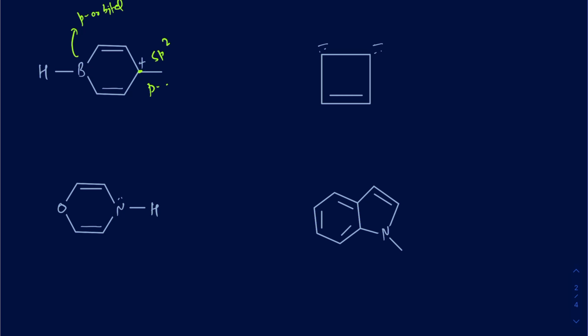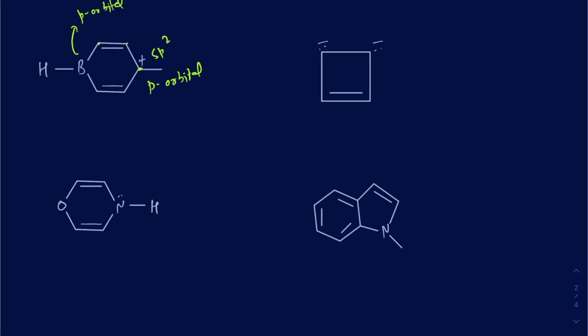That means it's got an unhybridized p orbital here again, and that makes this whole system conjugated because I can move these double bonds toward this positive charge, or toward the boron, because boron is an electron deficient atom in this particular case because it has an incomplete octet. So by having an unhybridized p orbital on every single carbon there, so these are sp2 as well, this whole ring is going to be conjugated. But now I got to count how many electrons are being circulated in the conjugated system, and it turns out it's only going to be